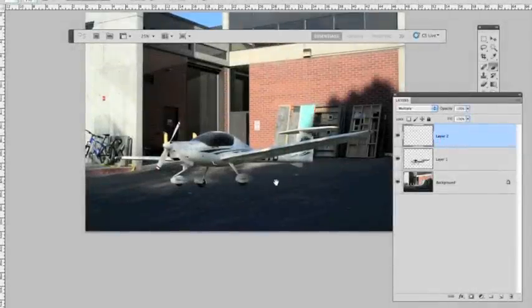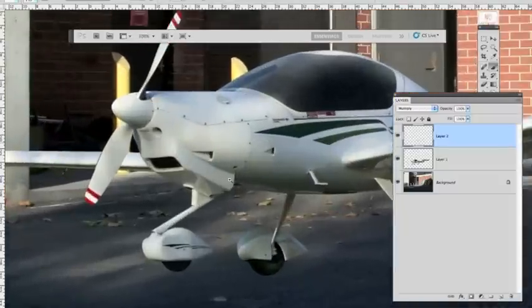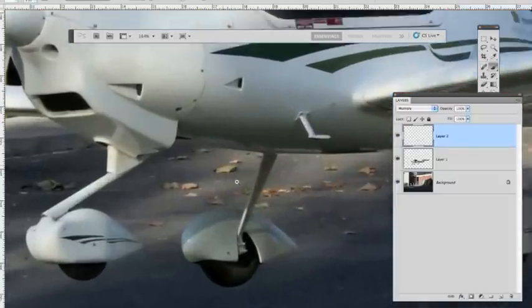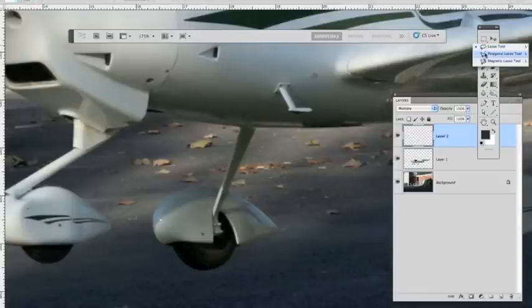Now, once I've done that, I need to get some shadows below these wheels, but I also have to get this wheel back into the right spot. So I'm actually going to come around here, and this is obviously too low, at least visually. So in this case, I'm going to get my lasso tool, and I'm going to use a polygon lasso tool,